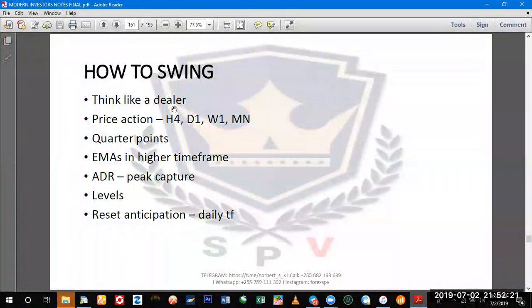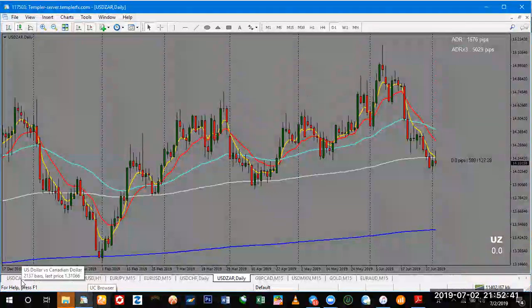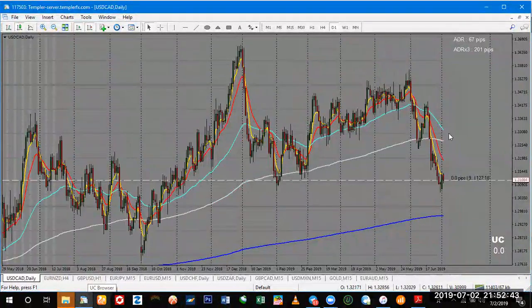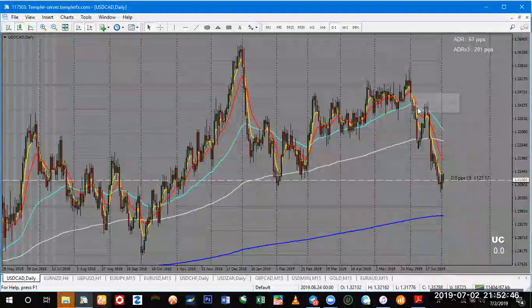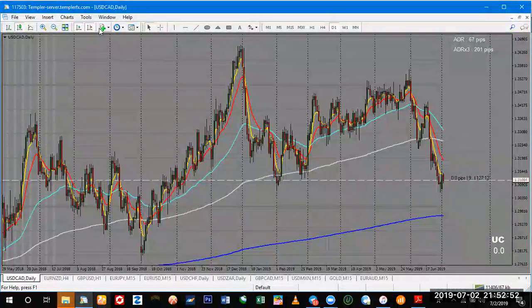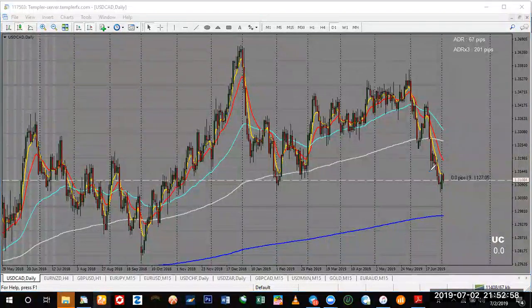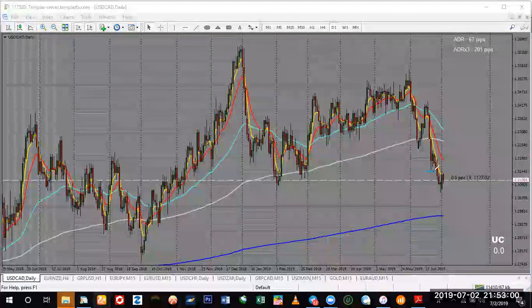So here I've written a lot of points. For example, the price action on the higher time frame. On the part of price action on higher time frame, you should understand what the dealer is doing on the USD card right now. When you see this is a peak and see this second level here, the dealer completed the 3 times ADR around this point here. The dealer extended it